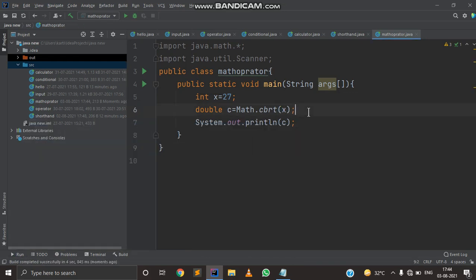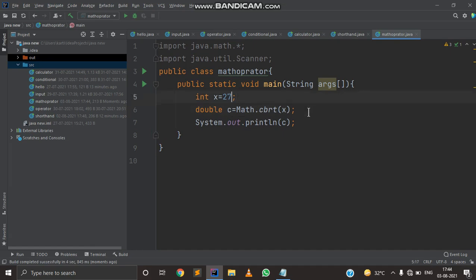Now I'm going to tell you about a new Math method, Math.ceil. Math.ceil returns the smallest integer that is greater than or equal to the argument. So what is the argument? An argument is a number provided by the user.